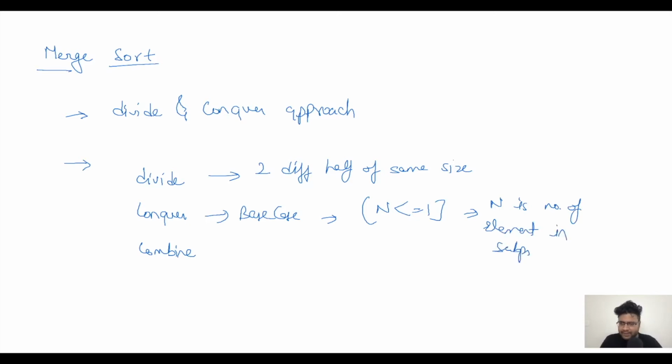And then combine would be just the question which we did in the last session, which was to basically, given two sorted arrays, combine them into one single sorted array. That's the basic thing, right? Once we reach the base case, the sub problem is already sorted in nature. In order to combine them, we are combining two different sub problems which are already sorted. So it becomes the problem of combining two sorted arrays into one sorted array.